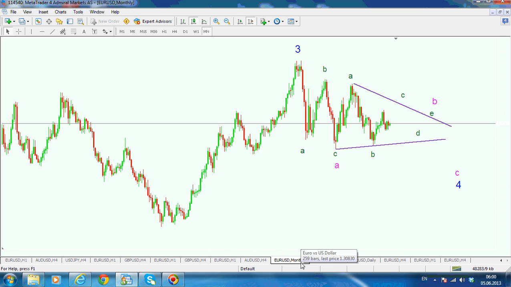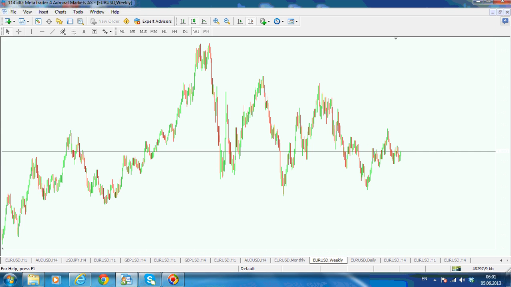So this was a monthly chart. We said that we are possibly in a contracting triangle with A, B, and C. And now normally what we should do is go on a weekly chart and try to identify this count, okay? But this time on the weekly chart, and see how to interpret things. For example, on the weekly chart,